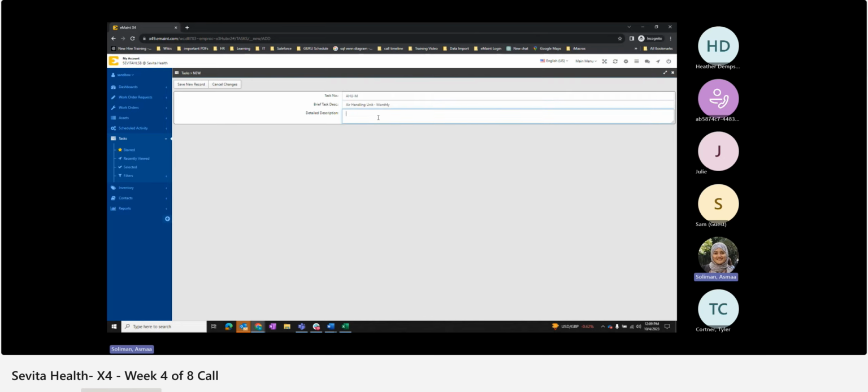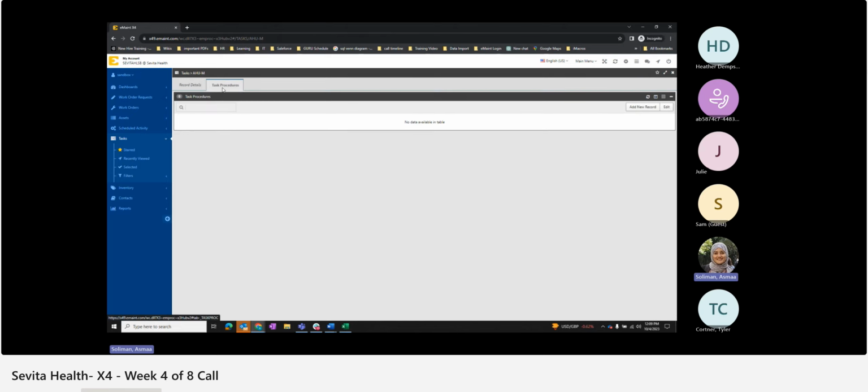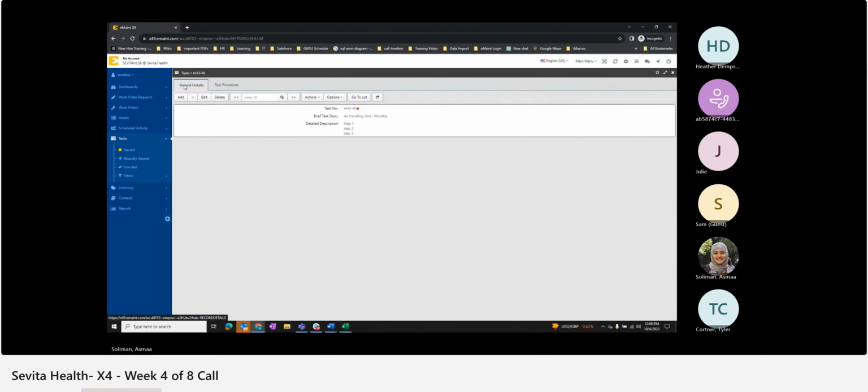Then you have two options. Either you can put the steps in here, so you can put step 1, step 2, step 3, and so on, and then you save it. That's going to be your steps, and then you don't need to do anything in task procedure. But the recommended